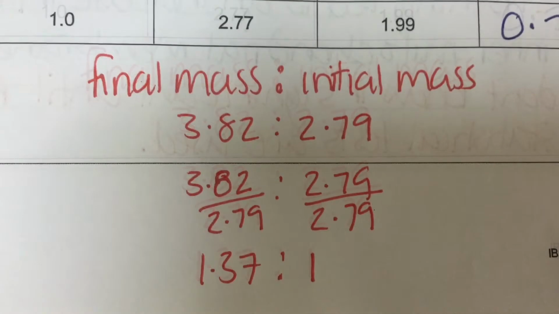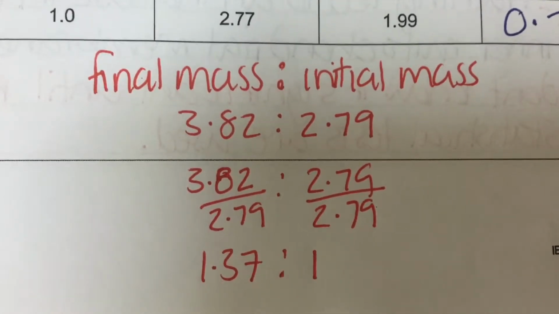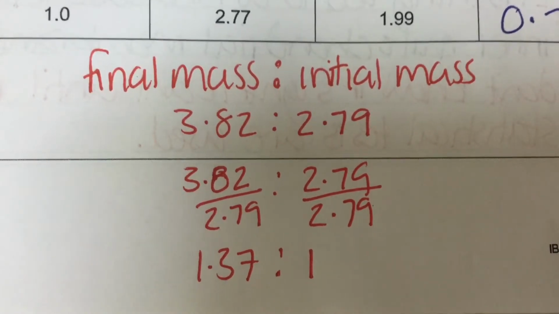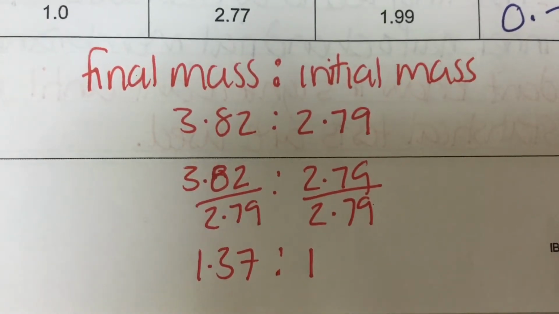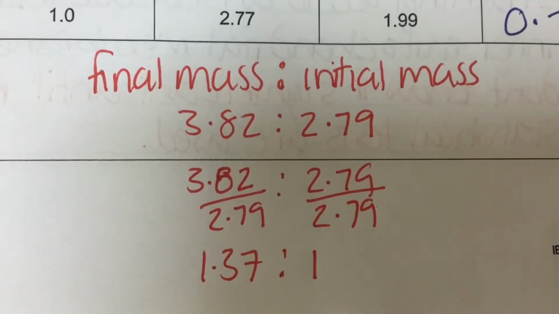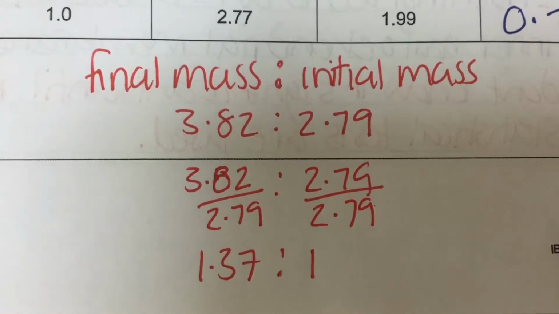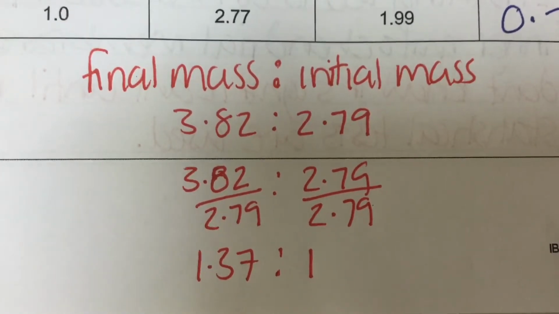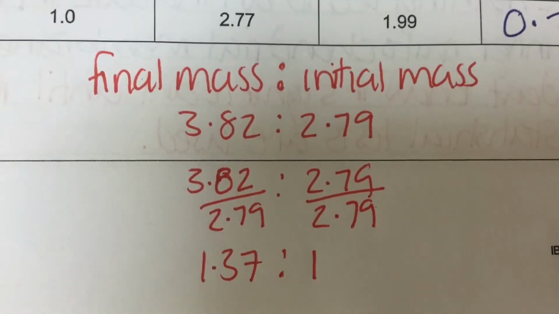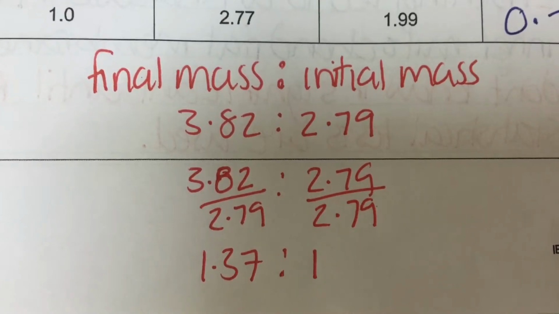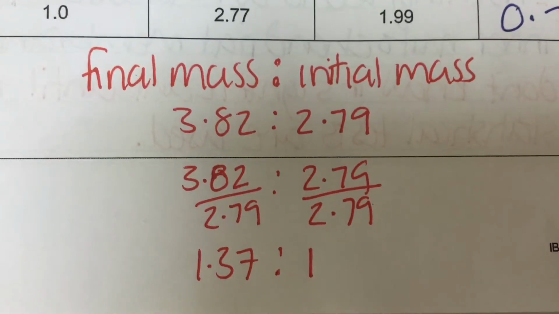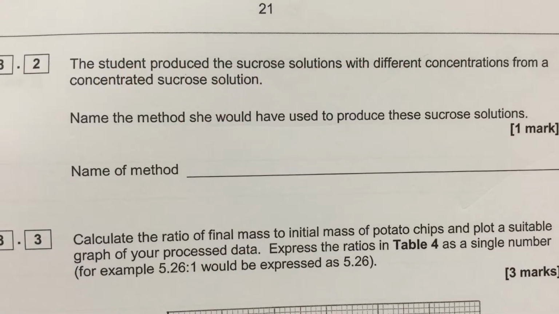Sometimes this kind of question is expressed as a percentage increase or decrease in mass. Using a ratio is the other way of doing it. I prefer using a ratio because it means when we plot the graph, all our numbers are positive. And clearly, if there was no change in mass, then the ratio would be 1, because divided by itself, it would be 1. And that would tell us the concentration of the water potential of the plant tissue. This links directly to practical 3 of the AQA required practicals. Let's deal with part 2 and then come back to part 3 with the graph.